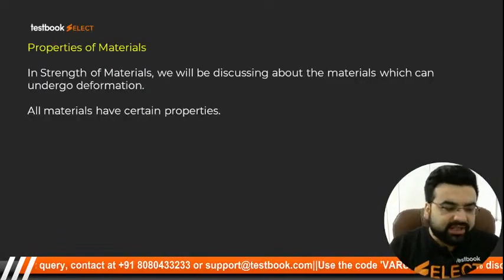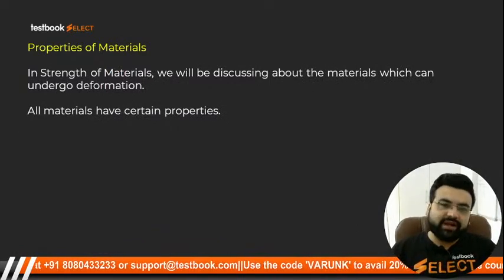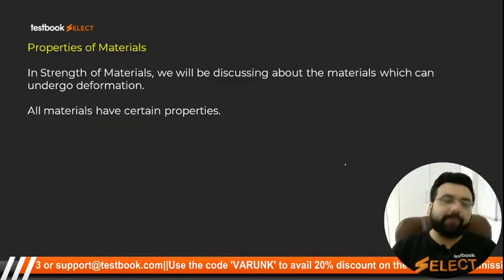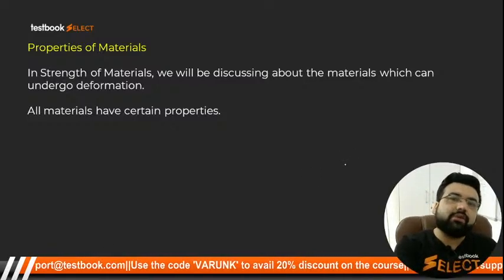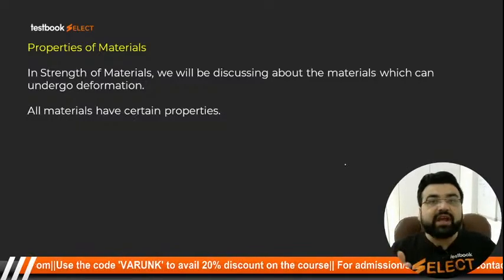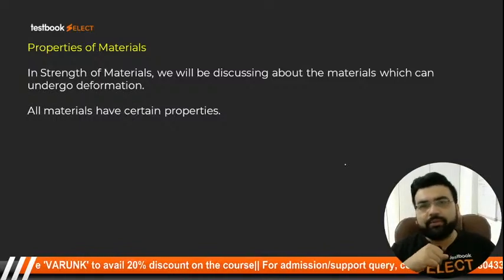So students, in strength of material, we are going to deal only with the materials which can actually deform, right? Because if a material cannot deform, these types of properties will never come into picture. So if a material is going to deform, only then are these types of properties going to come into picture. And that is what we are going to see, some other types of properties, just the names which I have just taken right now. Clear?